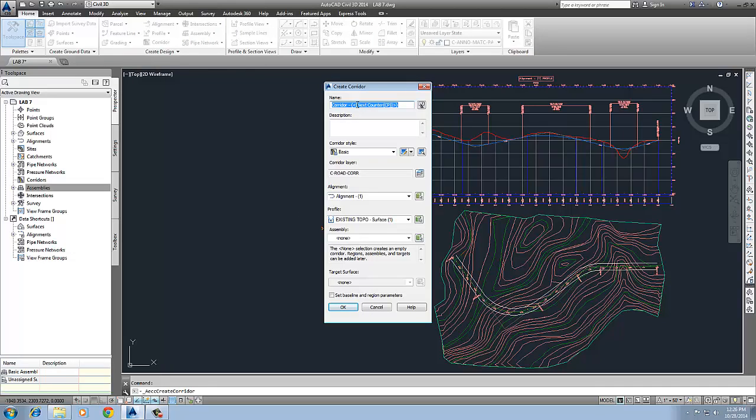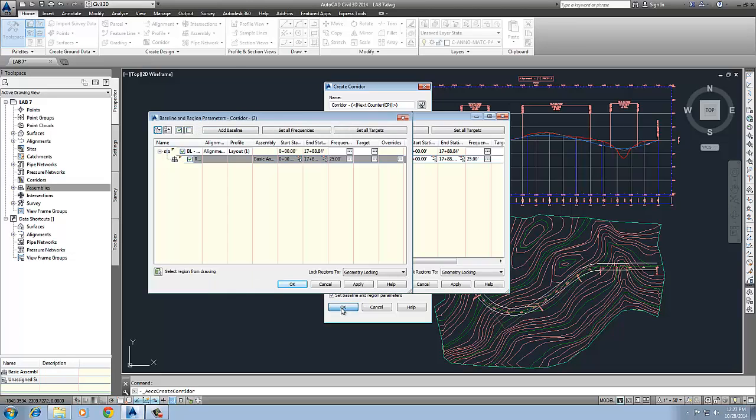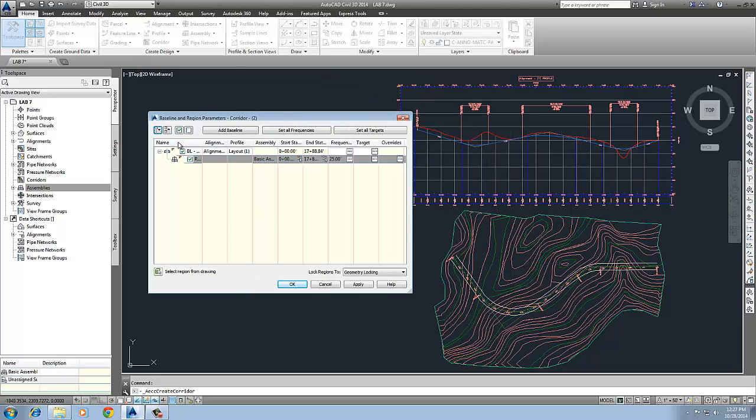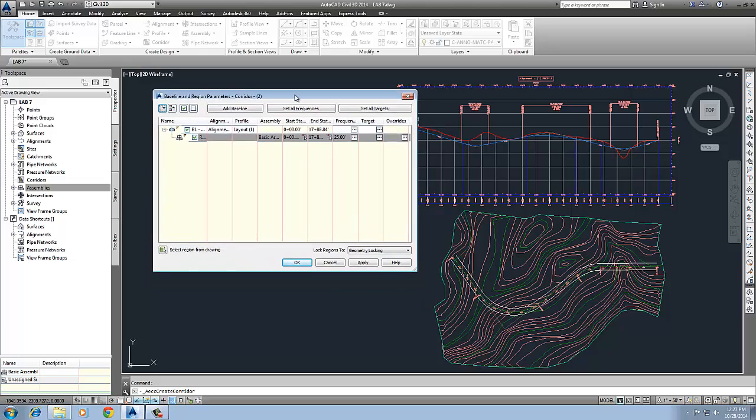Corridor, we'll give it a name, use a basic corridor style. I'm going to use alignment 1 with the correct profile. I want to use the layout profile. The subassembly I want to grab is what's called basic, and I'm going to target the surface called existing ground. So I'm going to hit OK at this point, and it generates this box, which requires a lot of getting